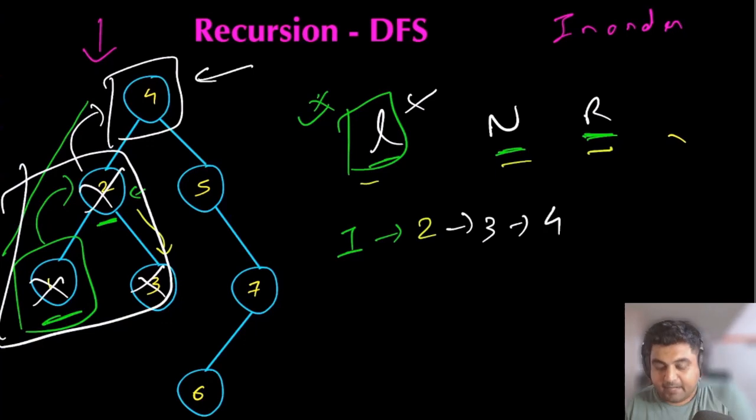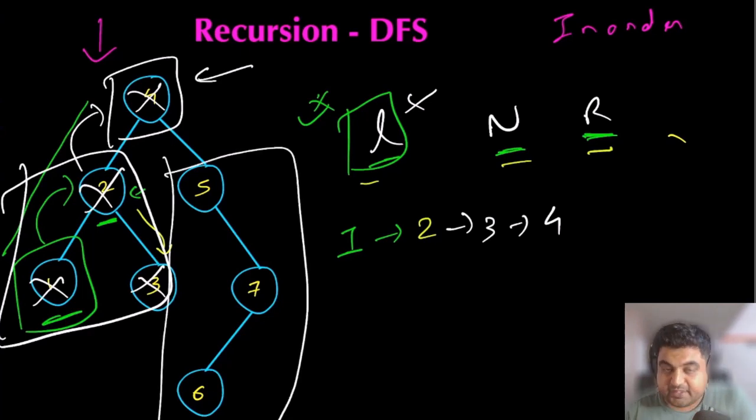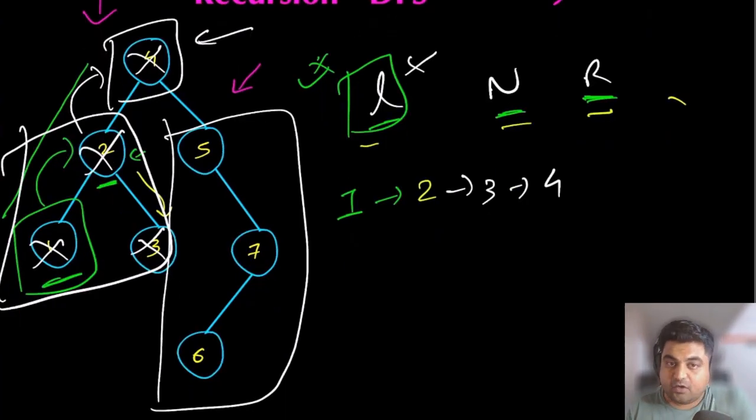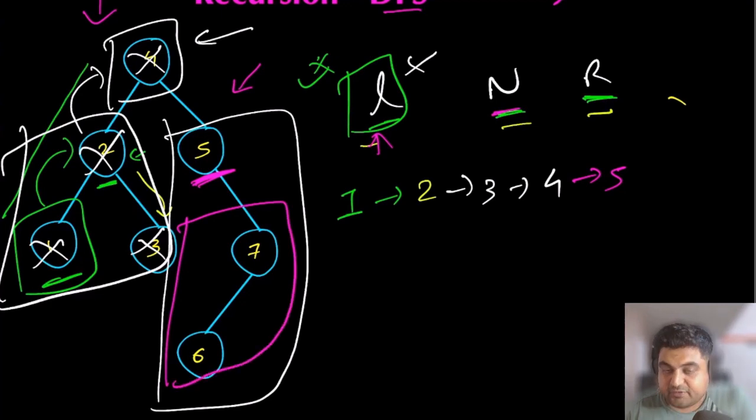So now we are going to mark 4 as visited as well, since we already took care of it, but we are yet to take care of the right side of the subtree. Again, rather than treating it as a right subtree, we can treat this as a tree on its own, where we are applying the DFS. For this node number 5, we are going to visit the left child or left subtree first. But since it does not have any left subtree, we are going to visit node number 5 itself. After visiting node number 5, we will apply the same logic for the right subtree. And for the right subtree, we will have to visit node number 7 and node number 6.